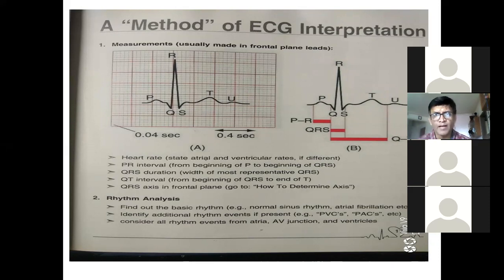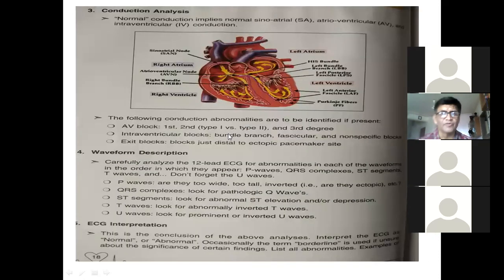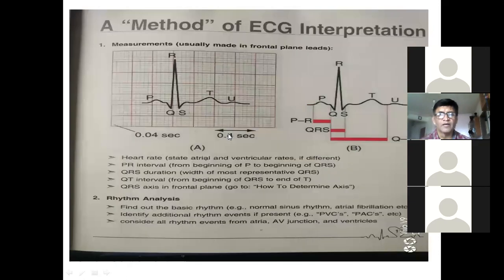See, that's why it's written, and in the U wave also they have written down for your reference. Can you see 0.04 seconds? See, here it is written. Can you read it? What is written? The value of each square is 0.04 seconds. What is written here? 0.4 seconds. How does 0.04 become 0.4? That becomes 10 small squares. 10 squares, it becomes 0.4. Okay, is it clear? Yes, sir.